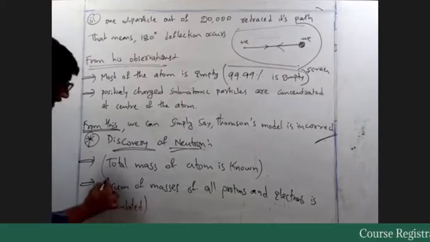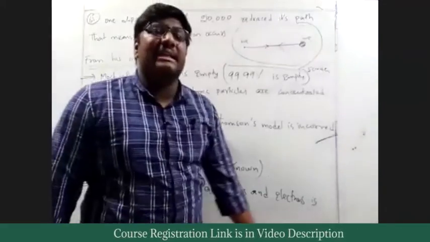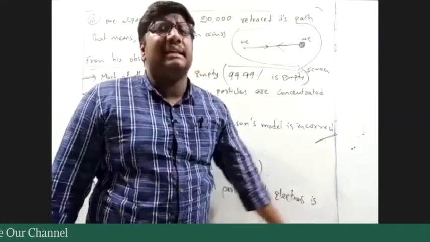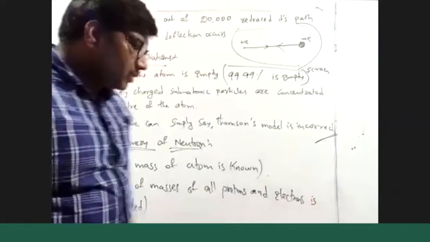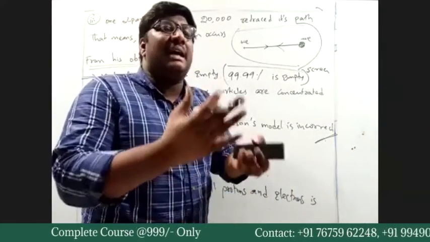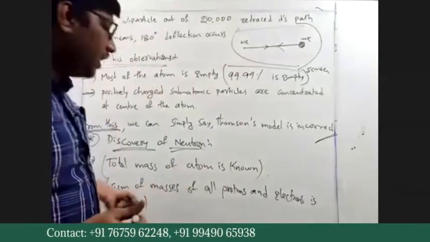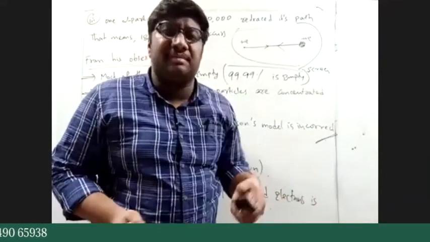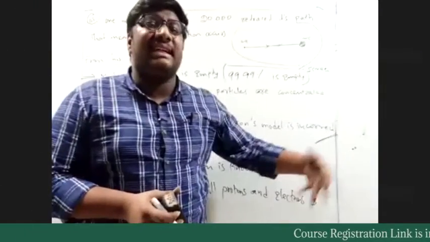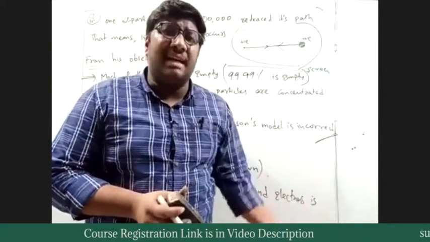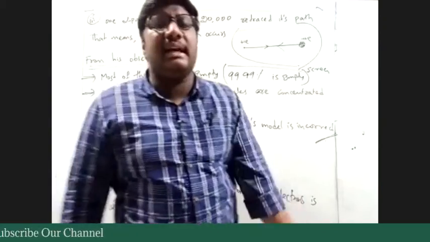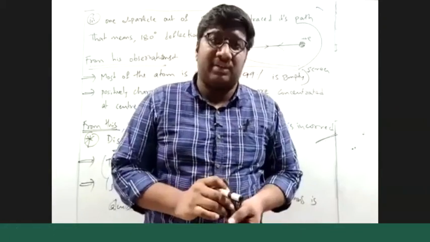Mass of electron, how can we calculate? Mass of proton, how can we calculate? We have seen that, yes or no? By applying electric and magnetic fields, we calculated that, and we have seen those values. But when scientists started comparing the total mass with the mass of all the protons and electrons present inside an atom, they should be the same, from the scientists' perspective, but what they observed is a lot of difference.